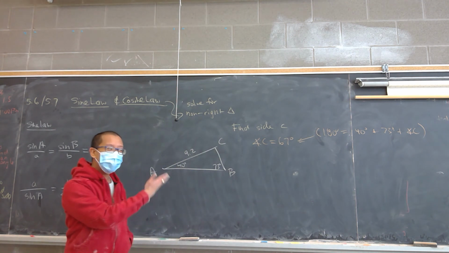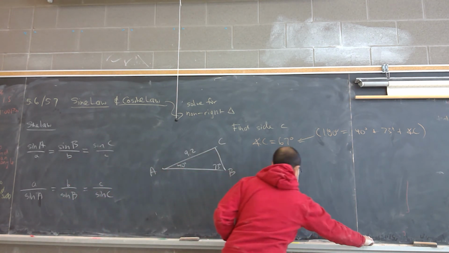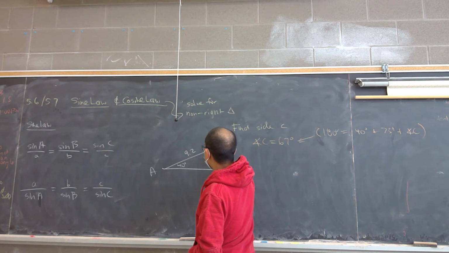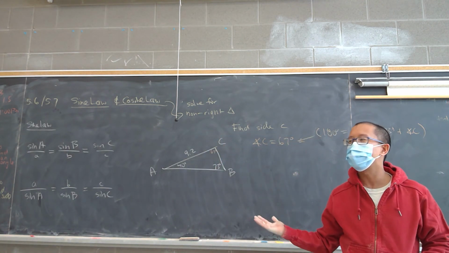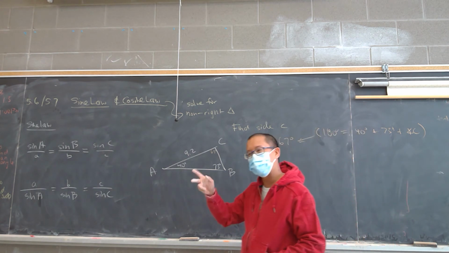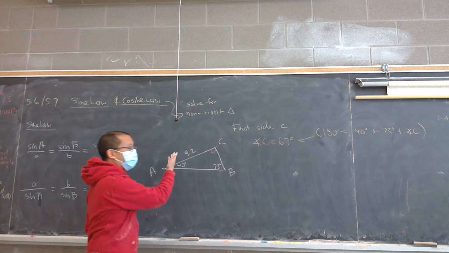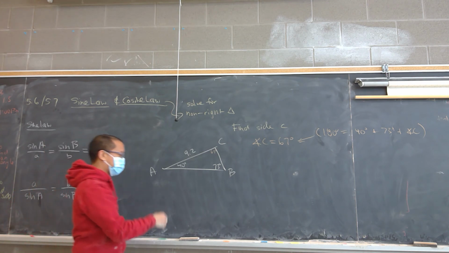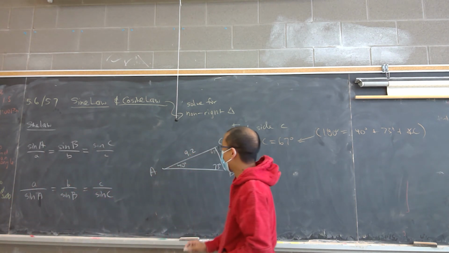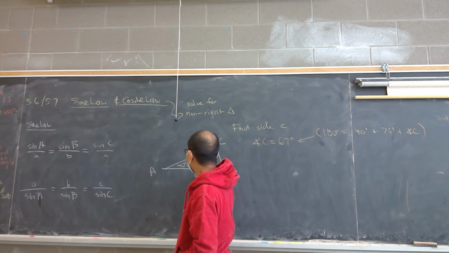Okay? But now the reason why we have 67, this question can actually be set up. The problem with this, though, is sometimes students will try to do cosine law. And again, cosine law requires two sides. This one only has one side. So maybe this is what you were asking earlier. But that's why we have sine law. So how am I going to set this up? Watch what I'm going to do. Because we're trying to find side C,